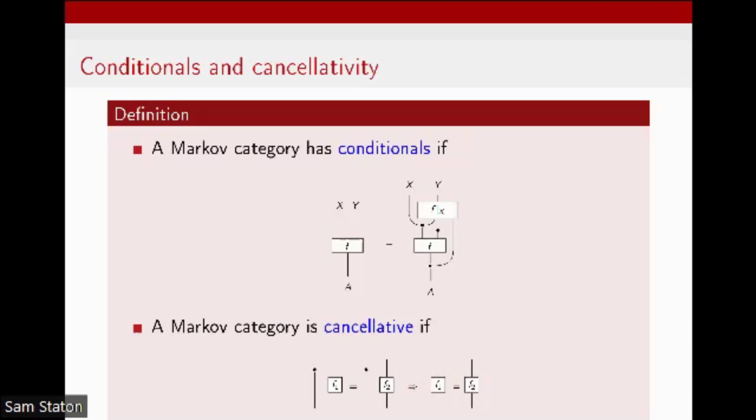So Set is not cancellative, FinStoch is not cancellative if we put the empty set on that wire. Because if this is the empty set here, then this is just the empty function, and the two empty functions will always be equal to each other. We can usually resolve this problem by excluding these degenerate cases and just saying that the empty set is not included in our collections of objects, or we just assume cancellativity on the fly for certain wires. So this is not a real obstacle, but it's an important side condition of the theorem that will soon appear.